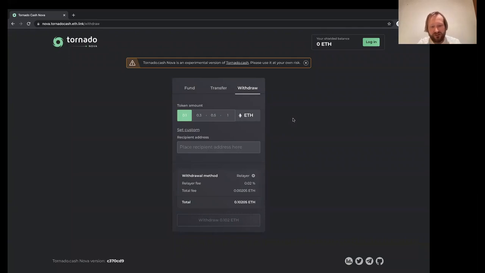So if you use custom amounts for deposits and withdrawals, they have to be different. You need to split the withdrawal in multiple parts, for example. So they shouldn't correlate. This is why for new users, we just recommend to use standard amounts.